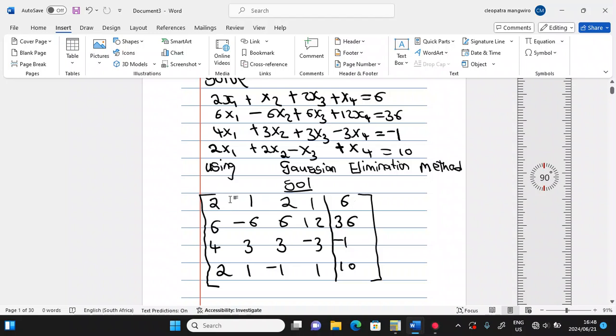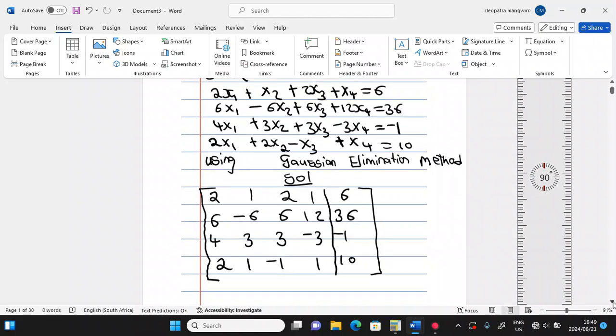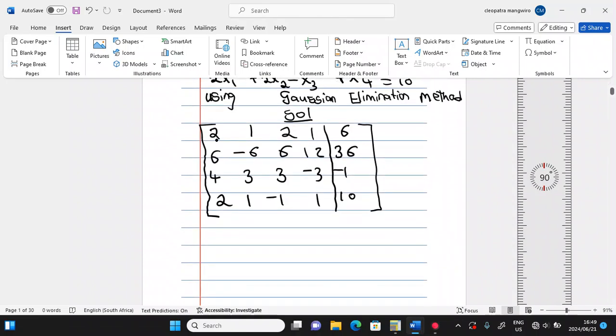So we have to perform our row operations on row 1, row 2, row 3, row 4. We want zeros below the diagonal, starting with the diagonal in row number 1. So first stage is to create the pivot. We only want to reduce to row echelon form, then do backward substitution. So for the row operation, row 1 is given by 1 over 2 row 1.